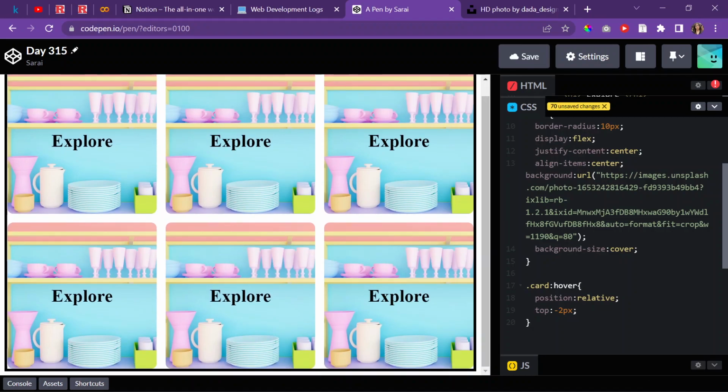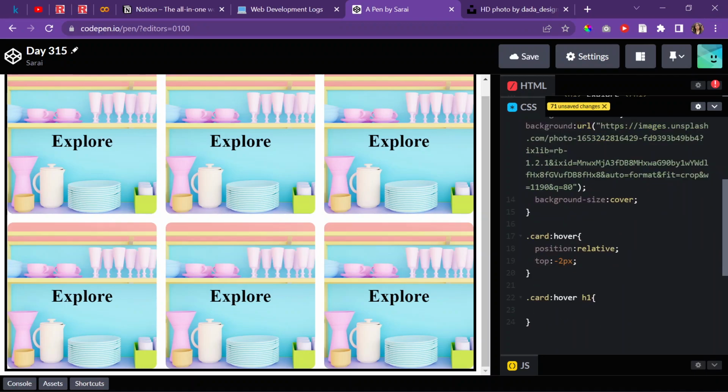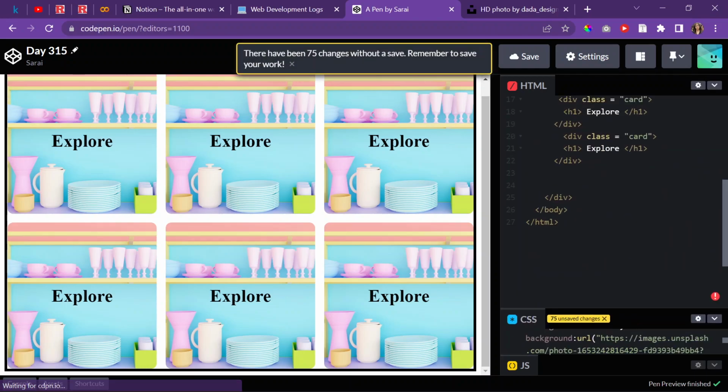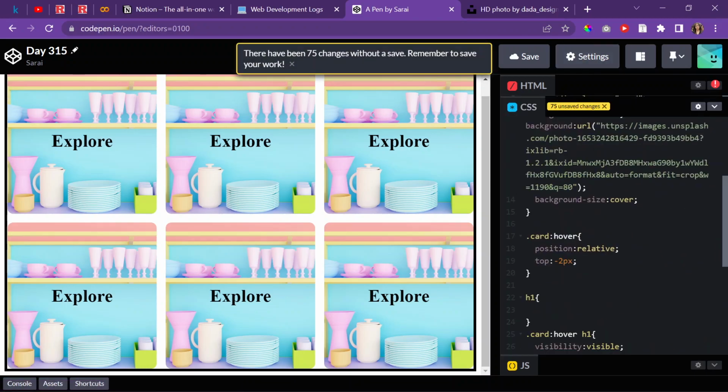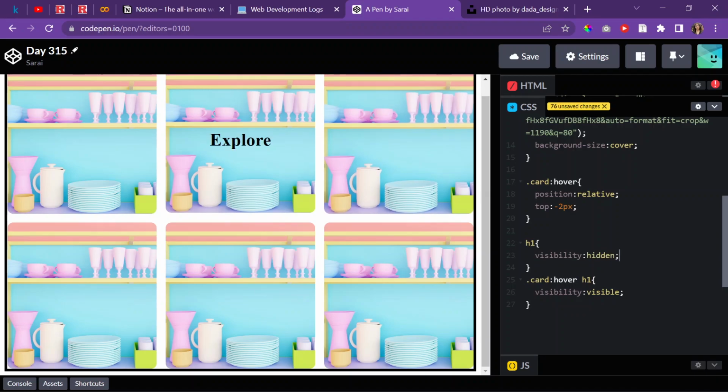And then when I hover over the card, I also want the H1 to appear. So I'm going to do visibility, visible, hopefully I spelled that right. But it's already visible, so I'll have to do H1, that's how you select an element. When there's more things, obviously you're going to have to use IDs and classes, but because I only have literally one type of H1, I'll just do H1. So I'll set the visibility to hidden so that it hides it, but then when I hover over the card, like I said,